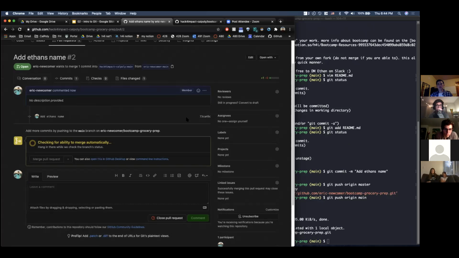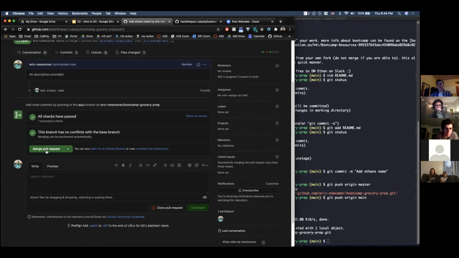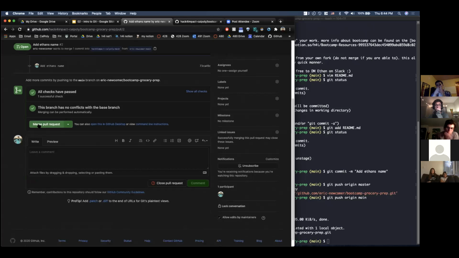they should be able to merge. Yep. And then I have this button. I don't think you all will have this ability to do this. I'm like an owner on this account. So I have the ability to merge it because it's mergeable. But